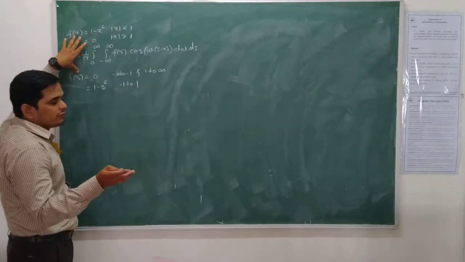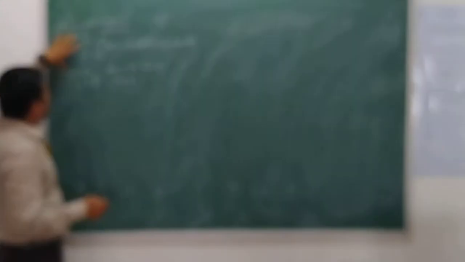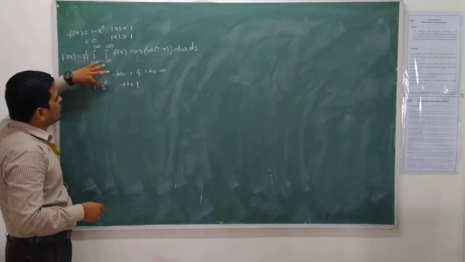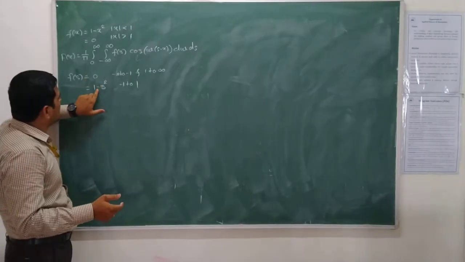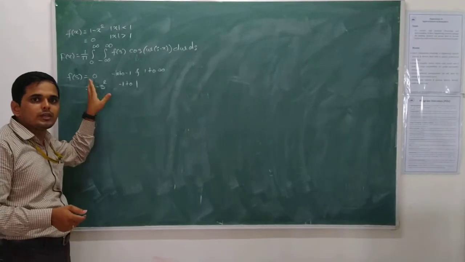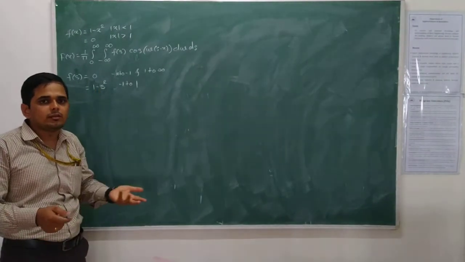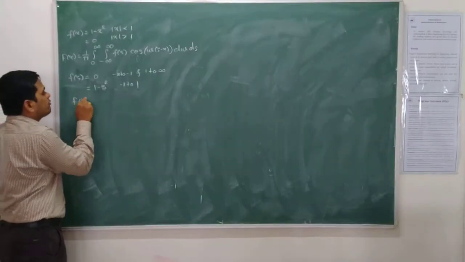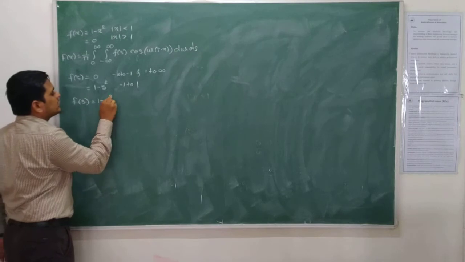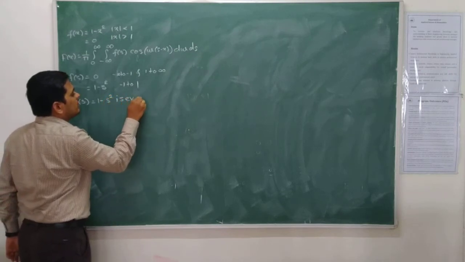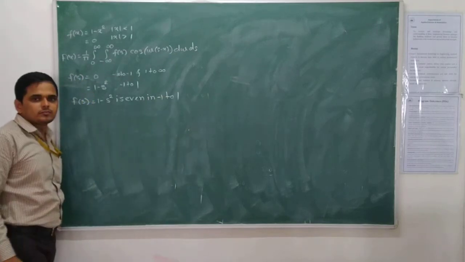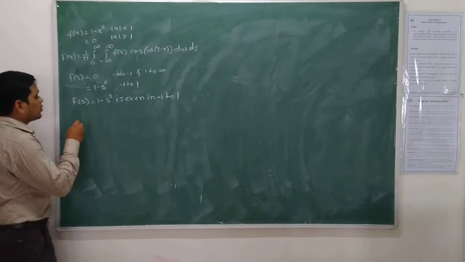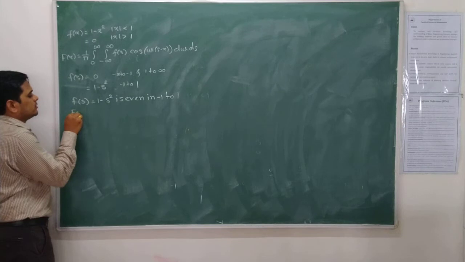I have already told the definition of an even function. If I replace s by minus s, we get minus s square, and minus s square is plus s square, and the minus sign is already outside. So we get f of s the same if I replace s by minus s. So we say that f of s equal to 1 minus s square is even in minus 1 to 1. Therefore, by the Fourier cosine integral representation,